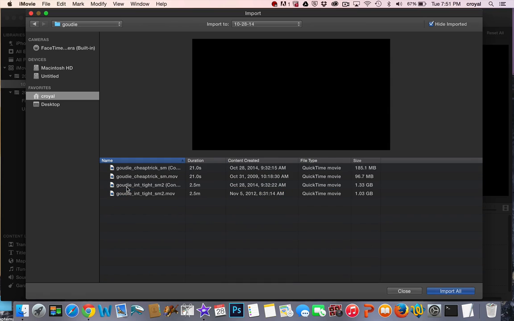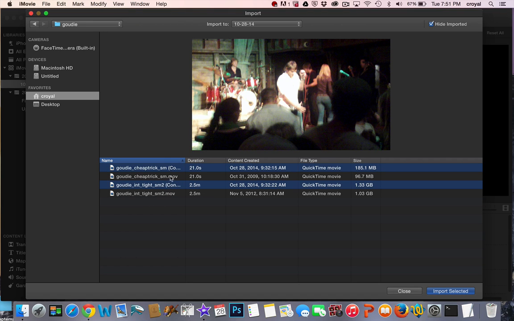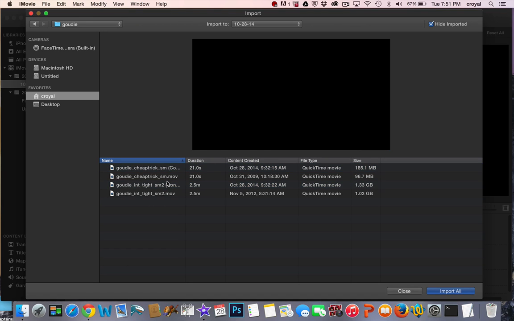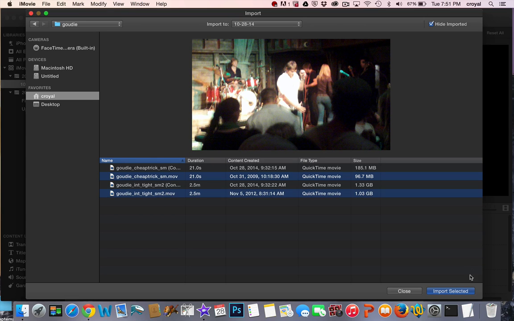So I've got these Gowdy clips, and I would just select the ones that I want. I can import multiple ones at a time by holding down the Command key and selecting the ones that I want. And then I would just say Import Selected. I can also import all if I want to say Import All. And then once they're imported,